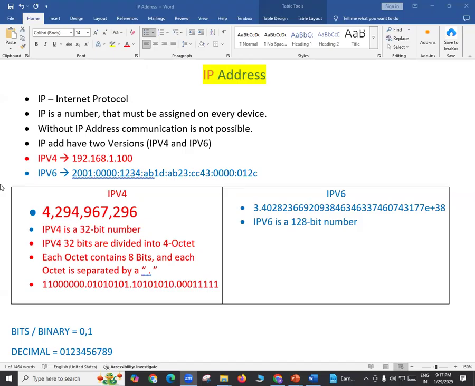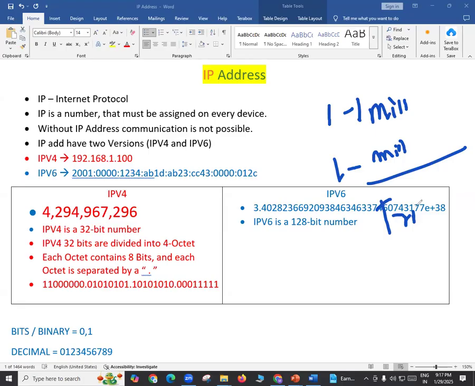Okay. You need one IP address, I need one IP address, right? Every person needs one public IP address to communicate with the internet. Suppose, imagine, friends, I'm taking some millions of IP addresses. You took some millions of IP addresses. Some other person took some millions of IP addresses. But still, trillions of IP addresses will still be available in IP version 6. This is such a big number, my friend.